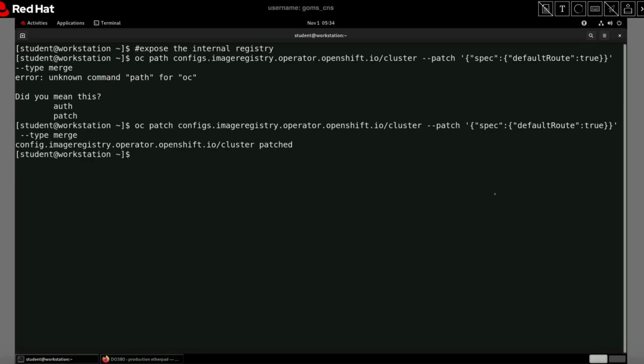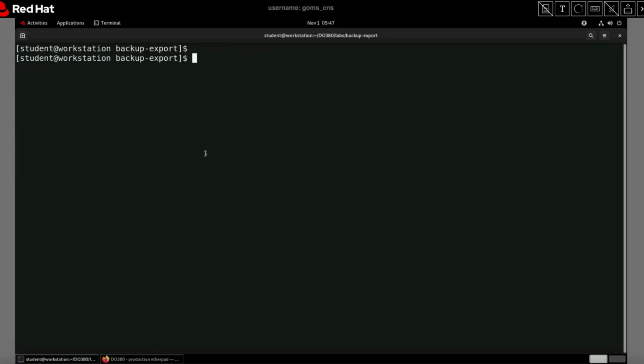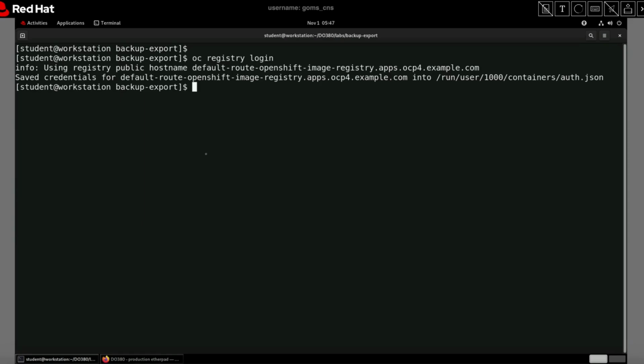Okay, then I have exposed the internal registry, and we have to check the OpenShift API server because it will just get redeployed when I run the oc patch command. So let us go and check it. So once it's done, you just log into the registry. So we have logged into the registry,